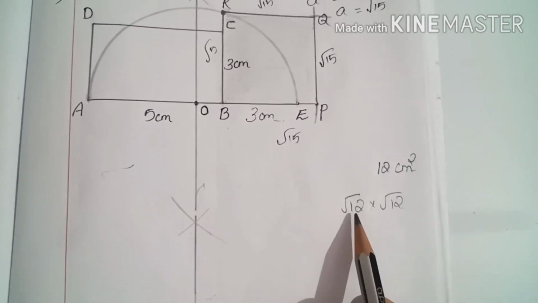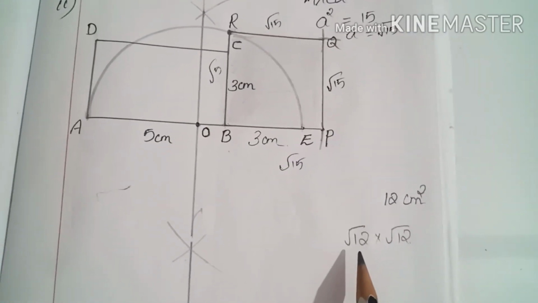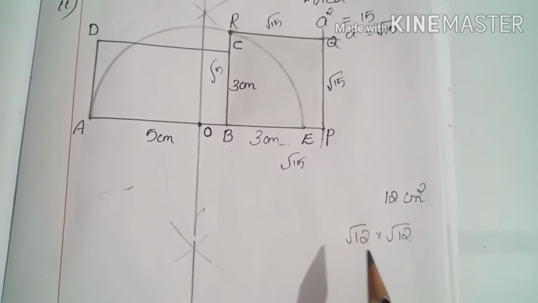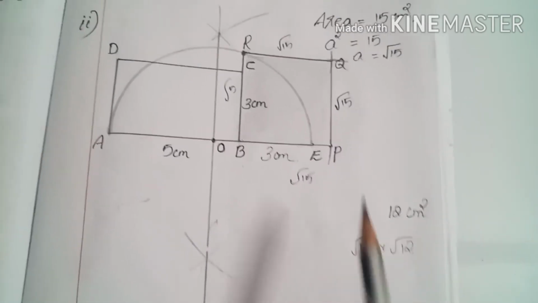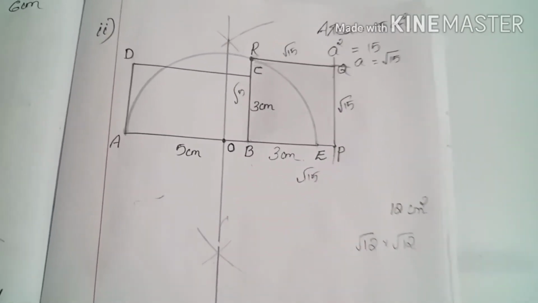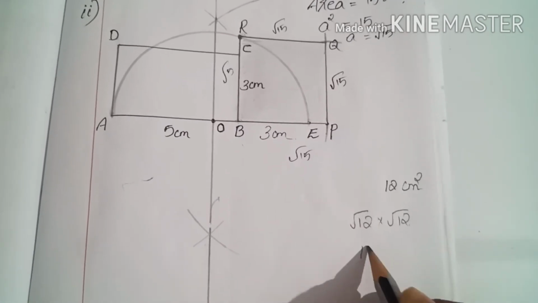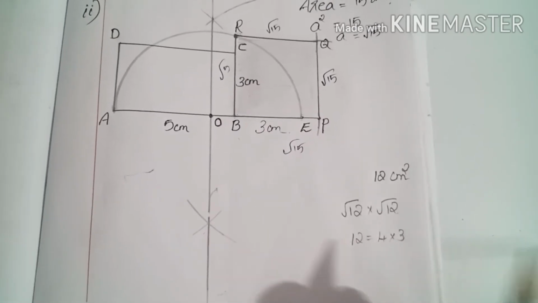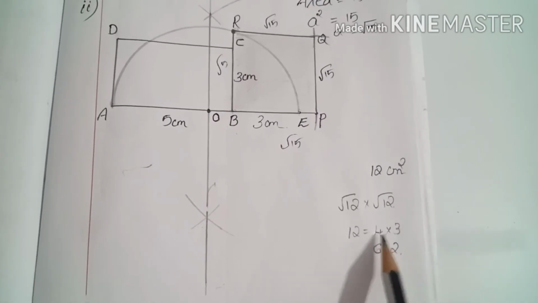In 9th standard, we have learned this new type of number. The exact measurement we don't know, only an approximate value is there for these types of numbers. So in order to draw root 12 we can apply the same method as for root 15. The method is that you can split the number. You can split 12 as 4 into 3, or 6 into 2. Any way you can use. 4 into 3 is better.